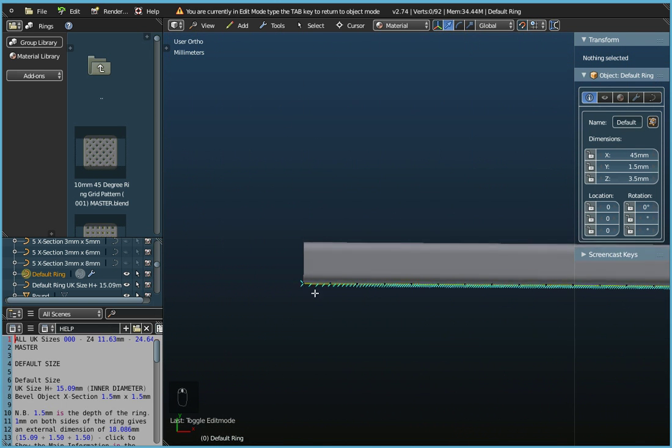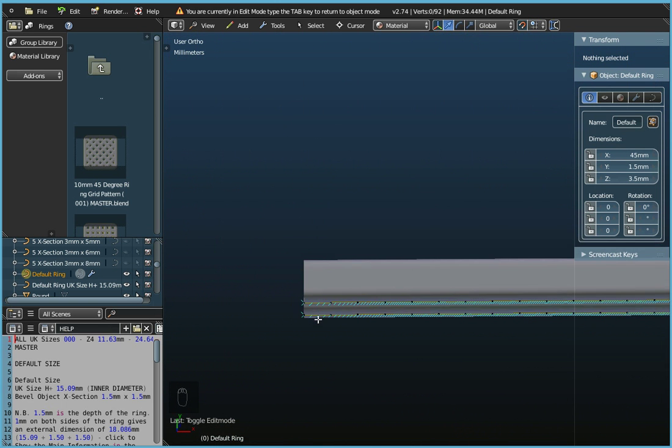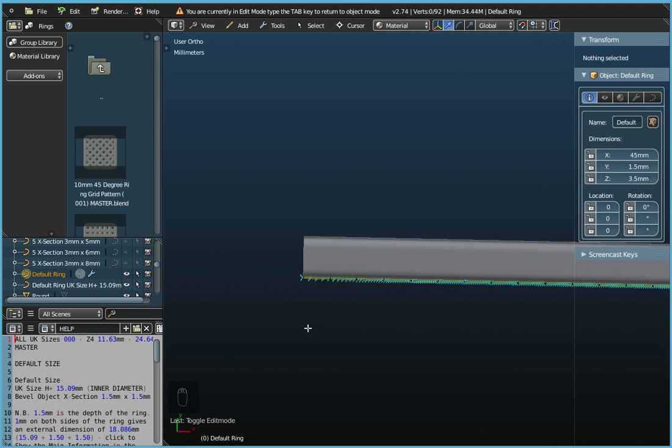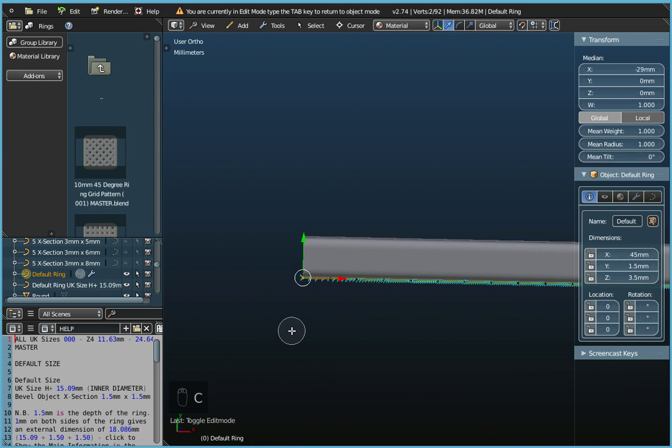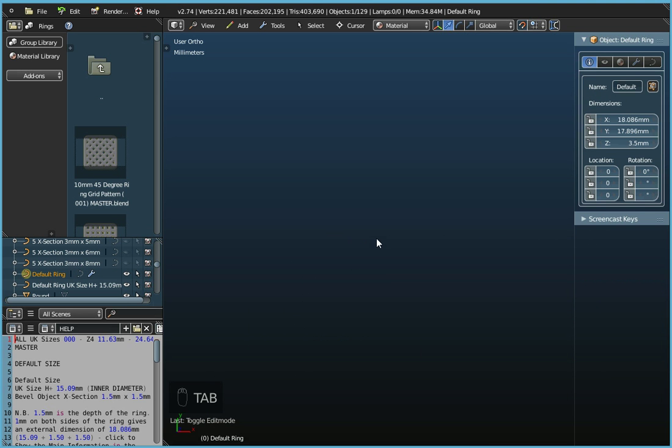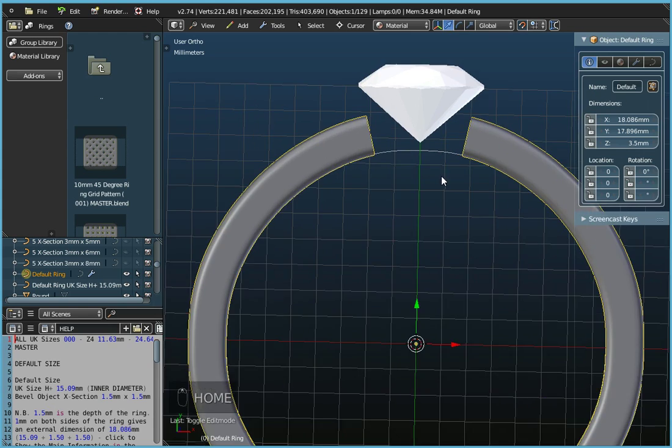Now in order to select both control points at the same time, we can use circle select, C for circle select, it will in fact get both the front and the back control point there. I could use border select as well. If I just press the escape key to come out of that now, and X on the keyboard and delete those vertices. Now if we just come out of edit mode, just press the home key,